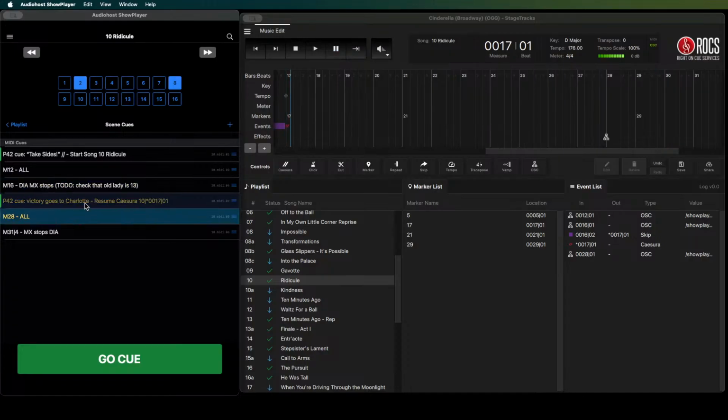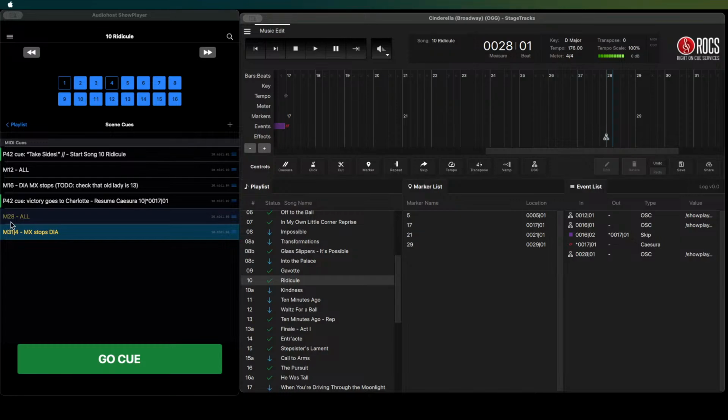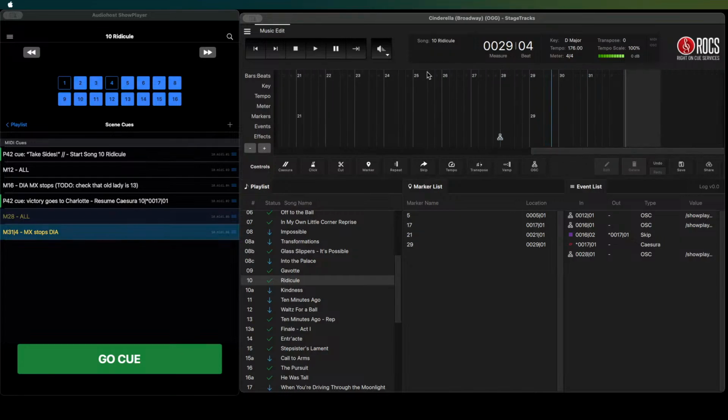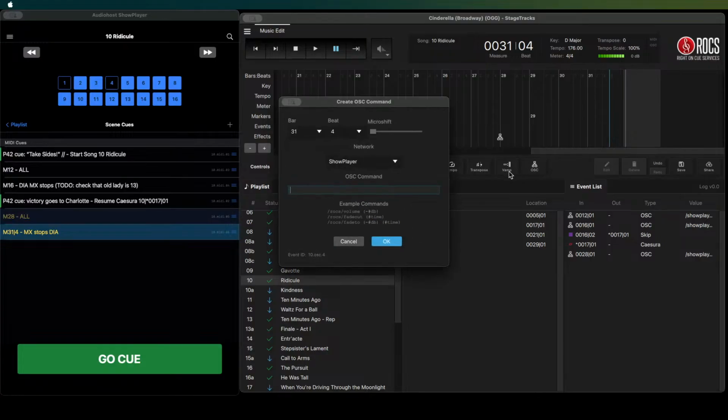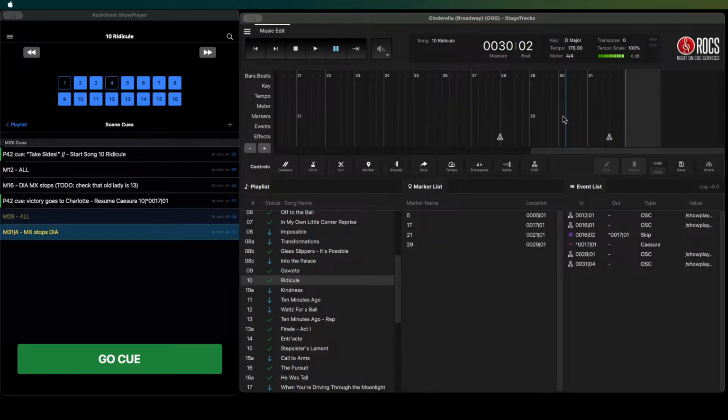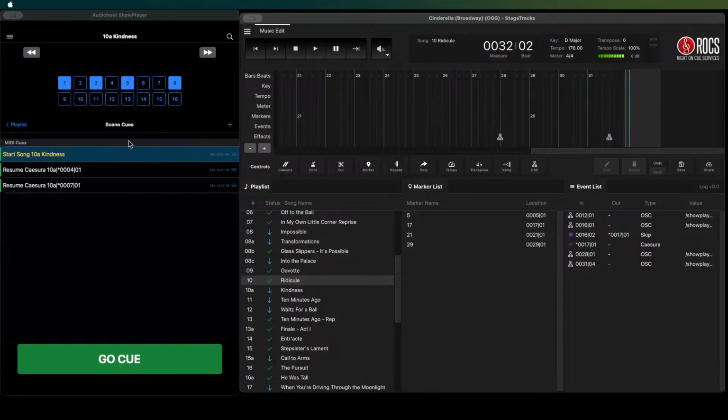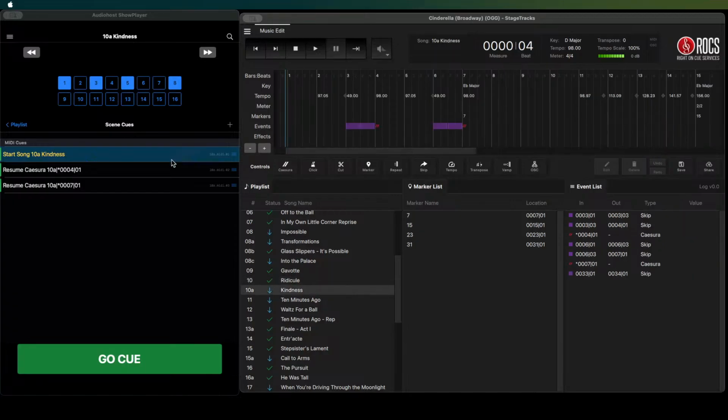Page 42. Then it triggers 28. And then when the music stops, we have to still add this event here. So let's copy it from here and bring it back here to the very last bit there. Paste it in. And there you go. Beautiful. Now they're doing their dialogue, and then